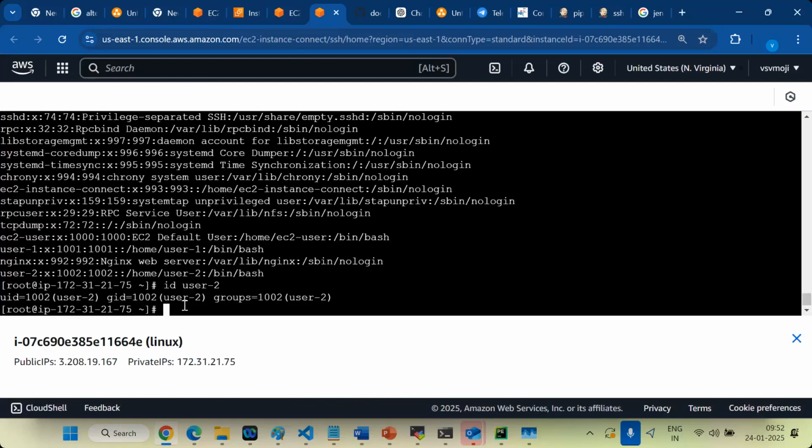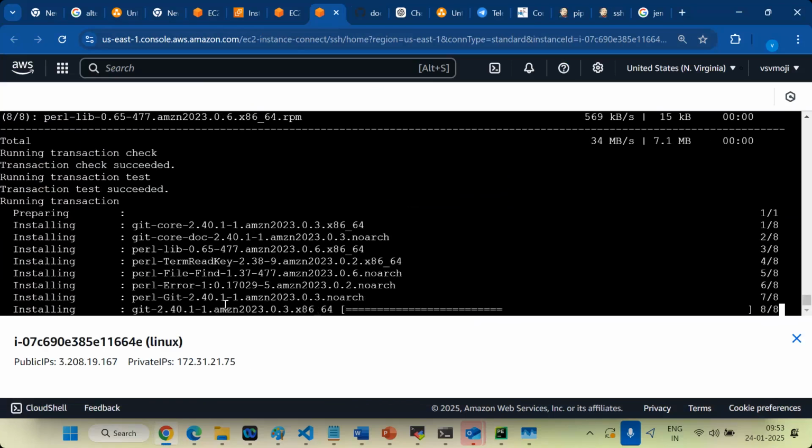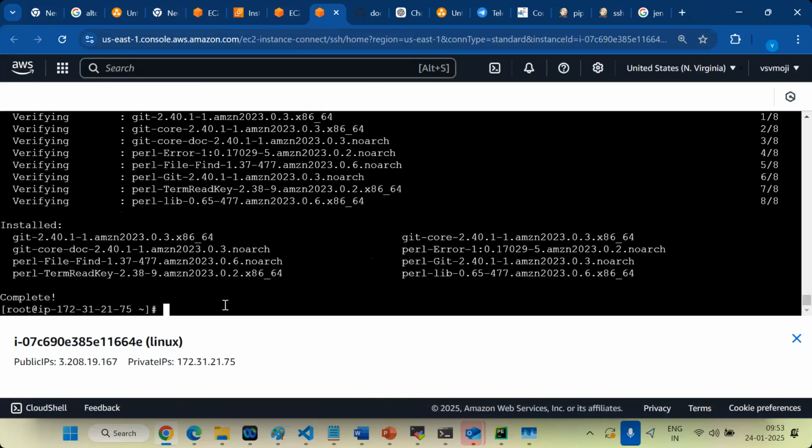My code is there, where? GitHub. First, for this day just learn two commands for Git, and in the Git classes we will focus more. yum install git -y is the command to install Git. Guys, this is Amazon Linux. If it is Ubuntu, you have to use apt-get install git, right? Now you are able to run Git commands.